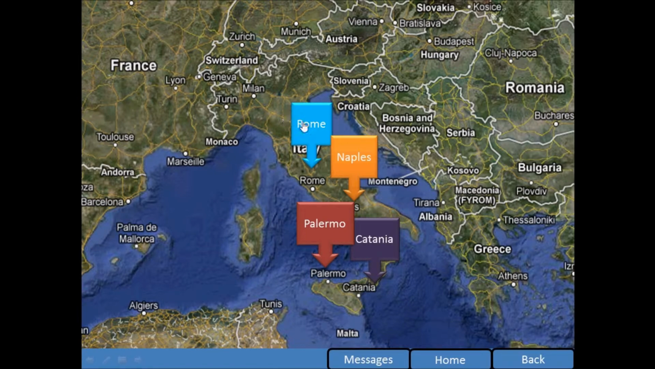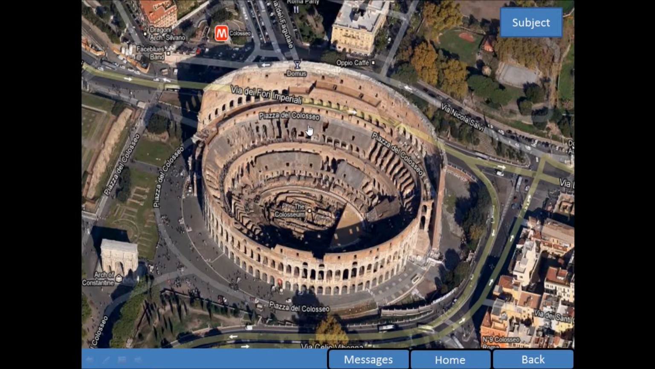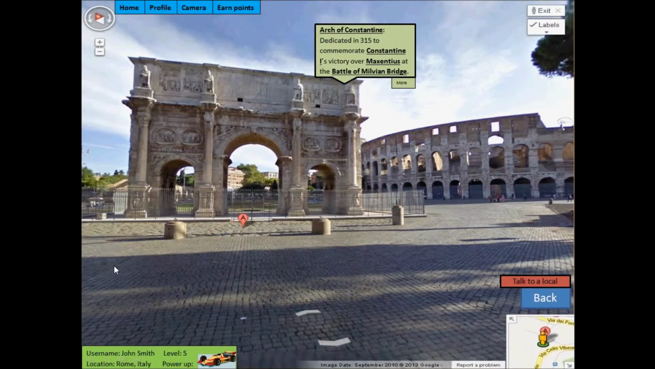It then zooms in again and displays the cities in the area. Clicking Rome will take us there. Here's a bird's eye view of Rome, specifically the Colosseum. If a student was interested in learning more about the Arch of Constantine, which is shown here on the bottom left, they then click on that and it'll take them to a street level view of the arch with information